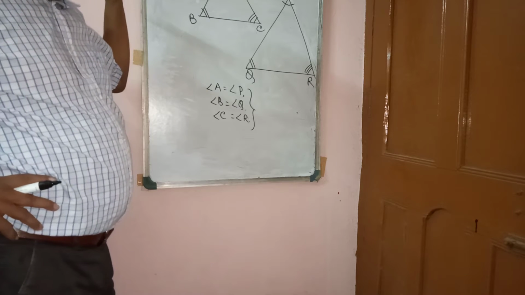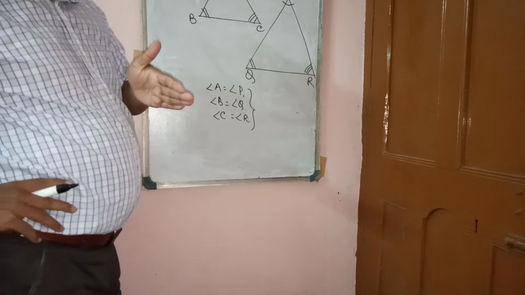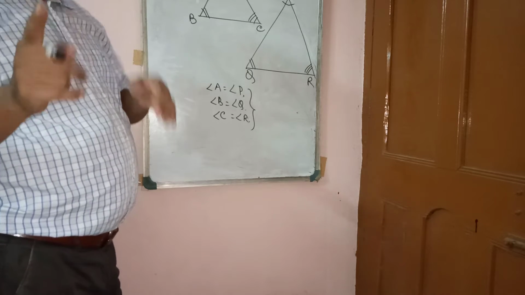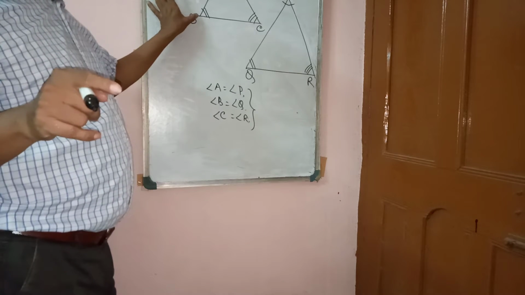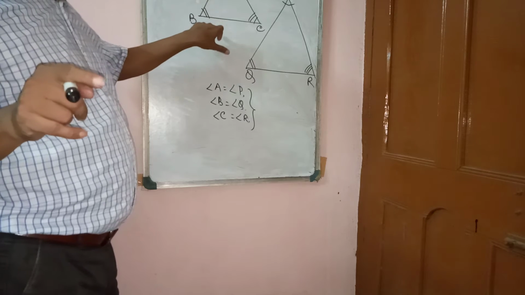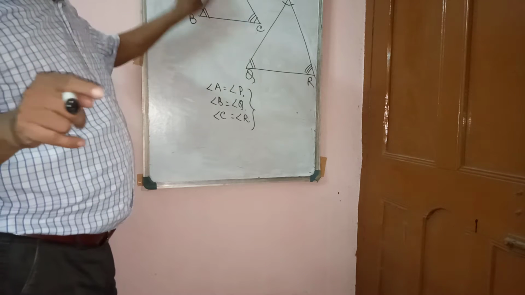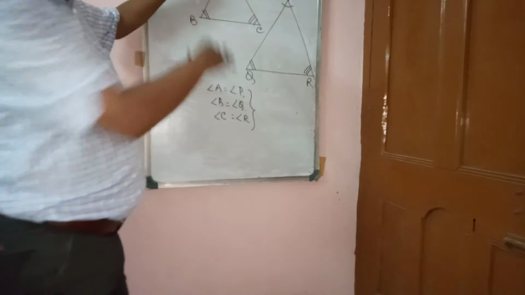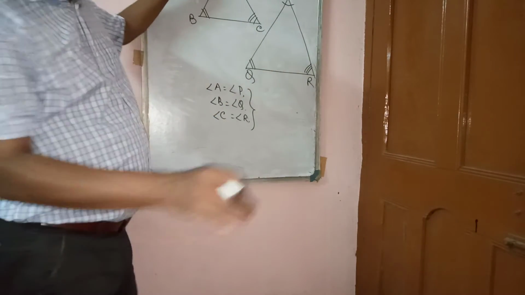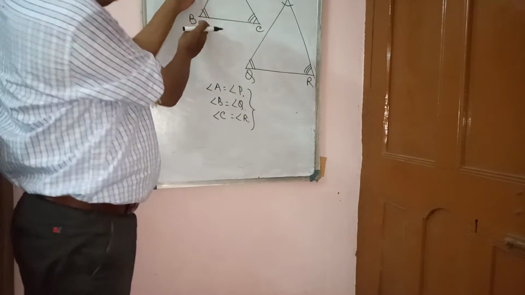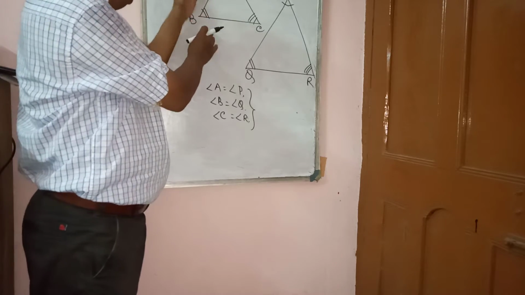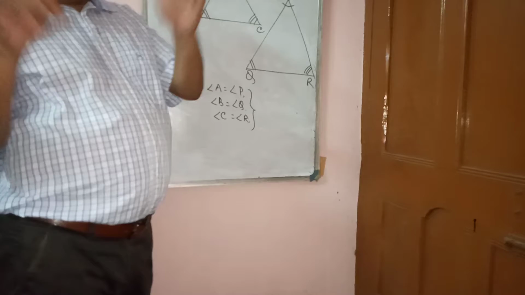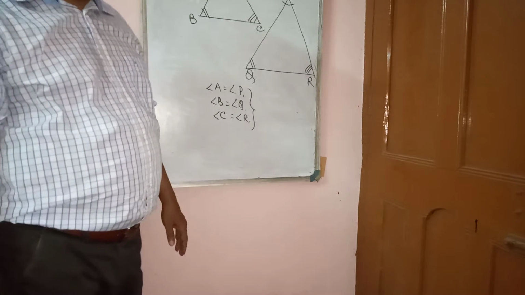Understood? Okay. Whatever angle is given, take its opposite side. For angle B, the required sides are BC and AB. The remaining side, AC, is not required. From angle B you are taking AB and BC, so the remaining one is the opposite side. Whatever the angle's opposite sides, they are always proportional.